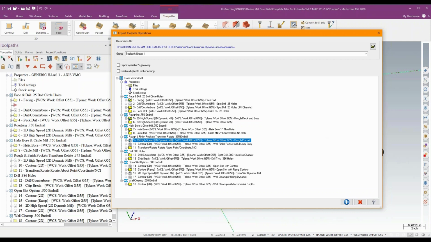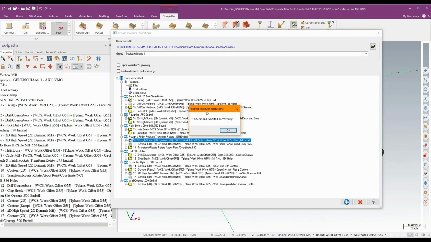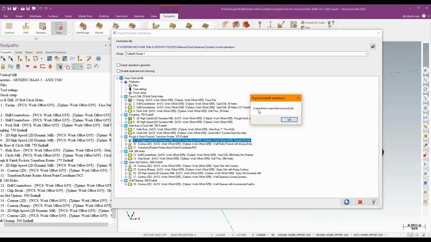So I've got a facing routine, an outside dynamic, and an inside style dynamic. So just grabbing a couple of toolpaths. And then I'm going to go ahead and hit the export button. And Mastercam is going to do some flashing lights, and it's going to tell me, hey, I've exported 3 operations successfully. If I look in that database,